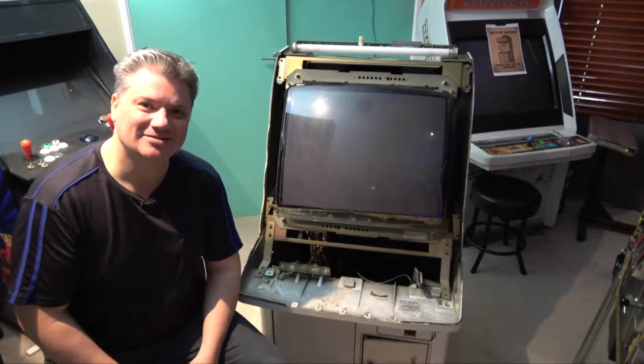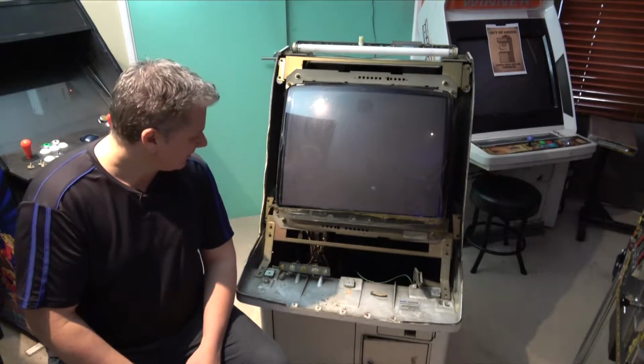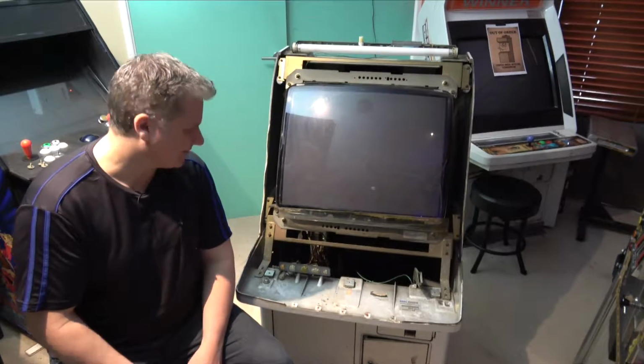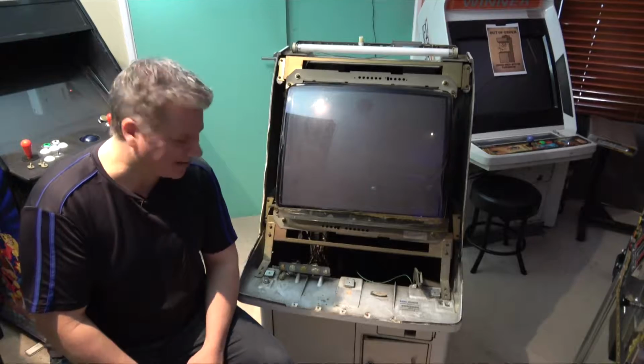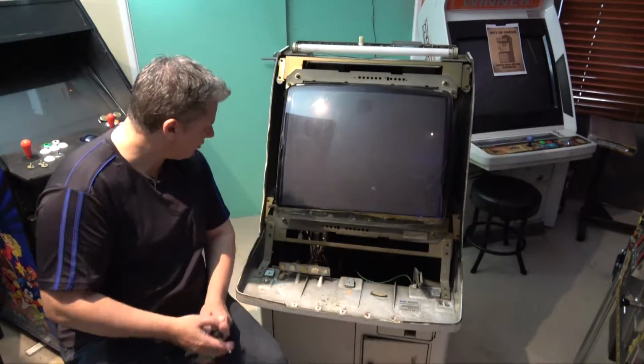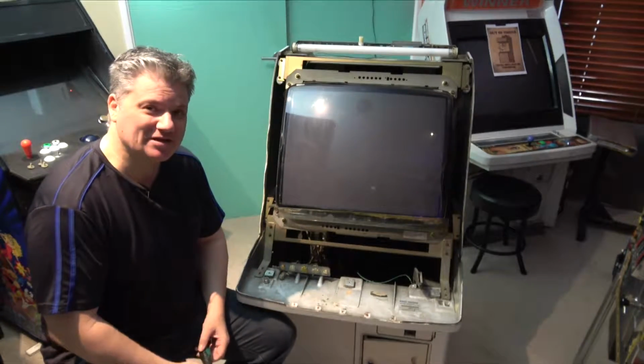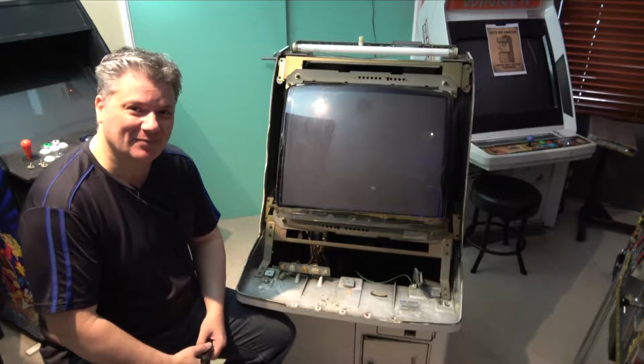And there we go guys, pretty easy so far. I like how these cabs come apart. Now of course the big job is getting this monitor out. The monitor has its chassis board all on the same cage, so the whole cage should just come out with the monitor. So what we're going to do first is we're going to get the power out of the monitor